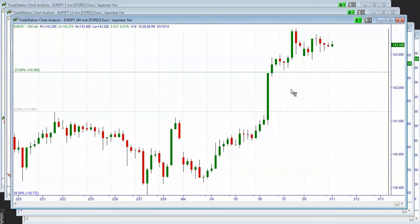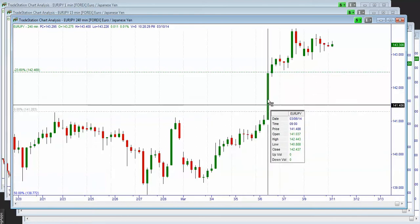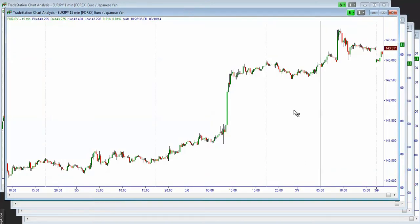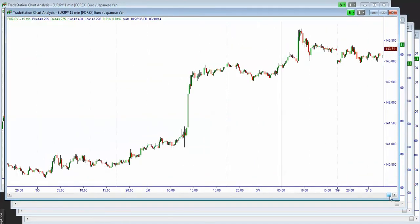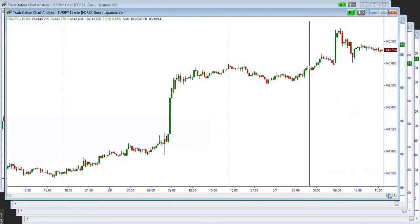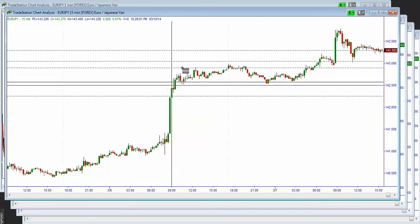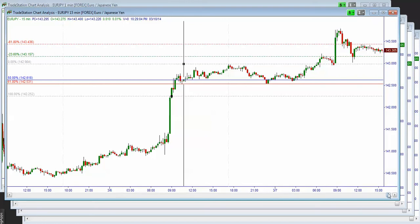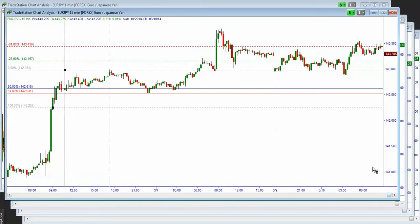240 minutes, the 4-hour chart here, unfortunately we don't see a lot of structure due to this huge move higher here. So we need to actually study the 15 minutes chart in order to understand and try to make a little bit of order in this market after we had this move higher. So after we had this move higher, program trading stepped in again in this market, and it started ruling the market again, and we saw this level which started working here, and this level eventually traded again, and I'm going